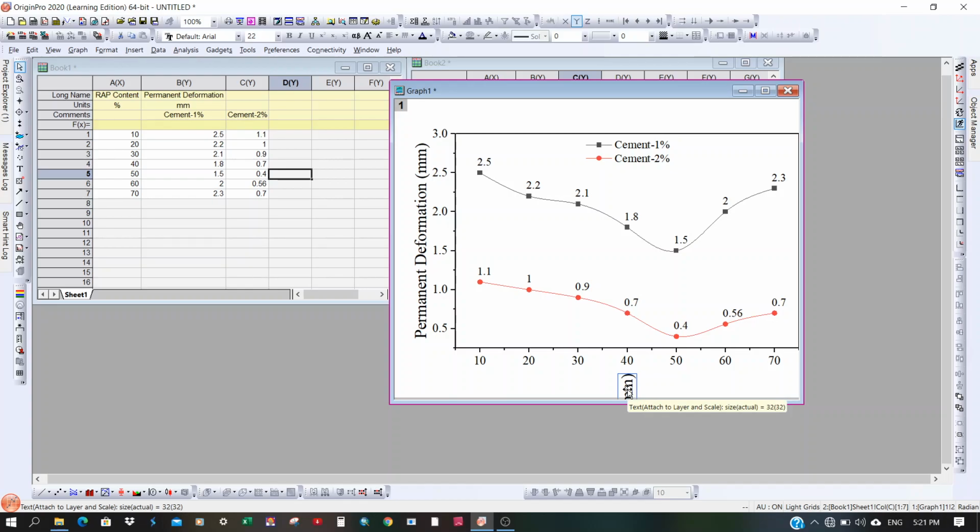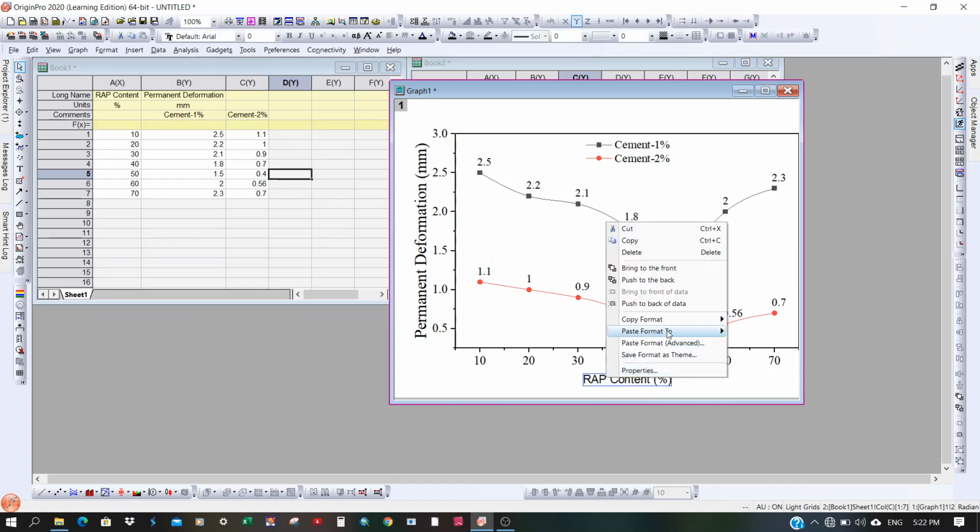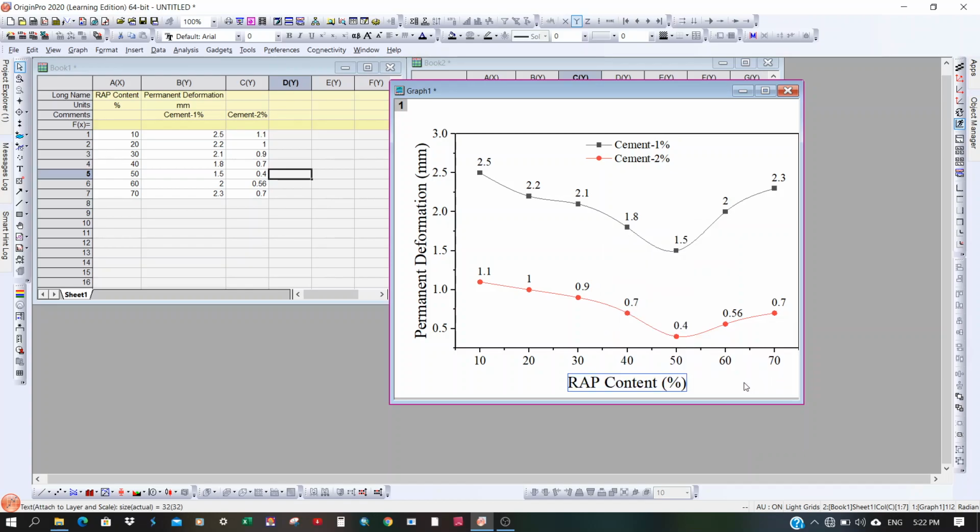But if you select all options, what will happen? It will become horizontal and vertical direction text. You don't need this, so just press enter. What you have to do now is select paste format and font styles. Select font styles only. Now you can see Times New Roman and 32 size.